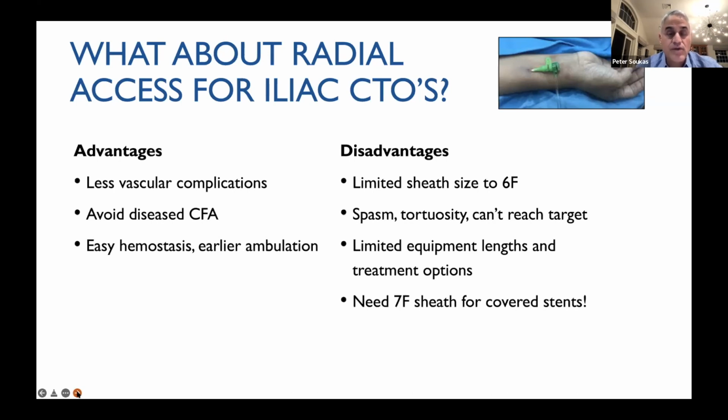The disadvantages, of course, are that for most patients you're limited to a 6 French sheath size, and radial arteries, especially when you're putting in long sheaths, are more prone to spasm and tortuosity. If it's a very tall person, you might not reach your target lesion. And unfortunately, there are limited equipment lengths and treatment options available when you're treating PAD patients from the wrist. And I always advocate for 7 French sheaths in the event that you need a covered stent,